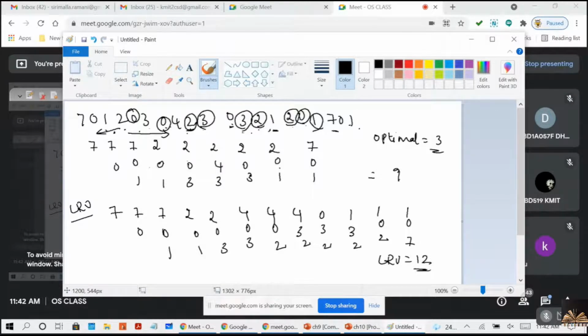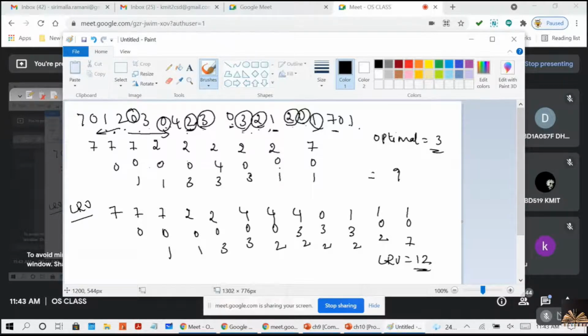Clear, guys? Least recently used. So what is the difference between LRU and first in first out? Here we are taking the used one, whereas there we are taking which was loaded into the memory first, and based on that you are taking out. Here we base it on which page we have used. There, which was loaded into the main memory, based on that we are replacing, right? So that is all about this